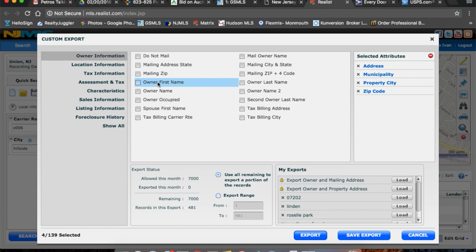Let's see. Owner name? It should just say male owner's name. Oh, here it is. On the left side, owner's name. Okay, perfect. So now that we got these 5 items that we're gonna need to run our search, we just go to